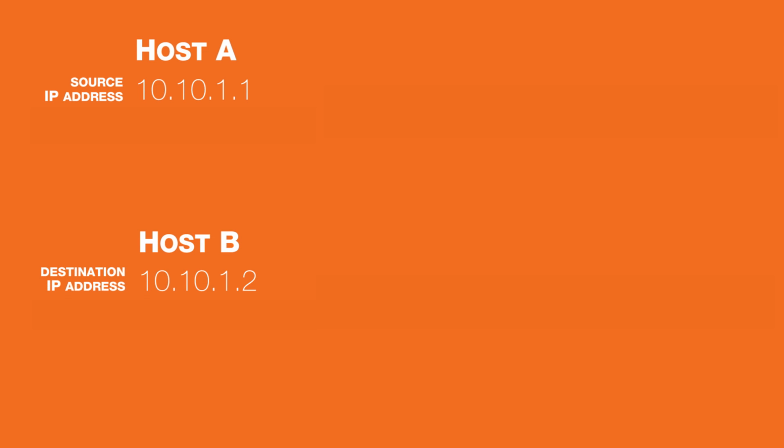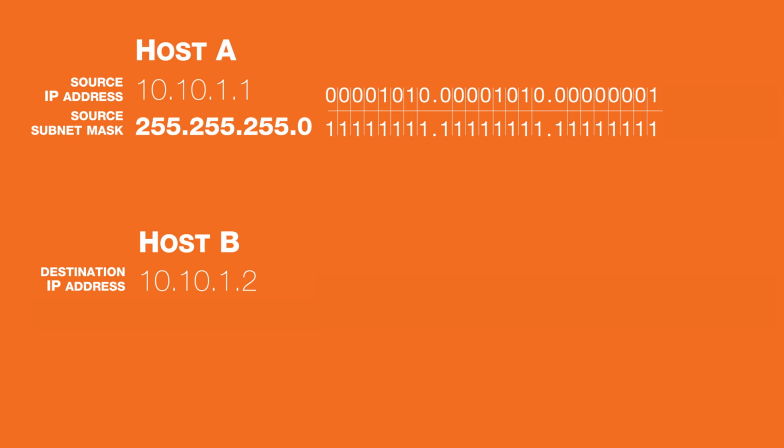In story number 1, host A, with IP address 10.10.1.1, wants to communicate with host B, whose IP address is 10.10.1.2. The source of the traffic will take its IP address and subnet mask and perform a Boolean AND operation. All 32 bits of the IP address are lined up with the 32 bits of the subnet mask. In this case, the subnet mask of the source, 10.10.1.1, is